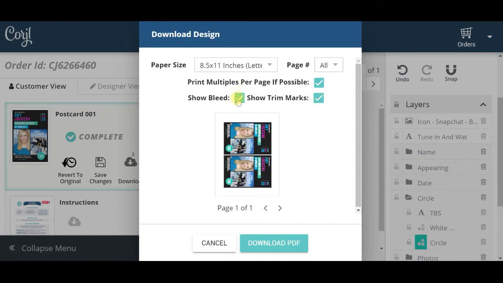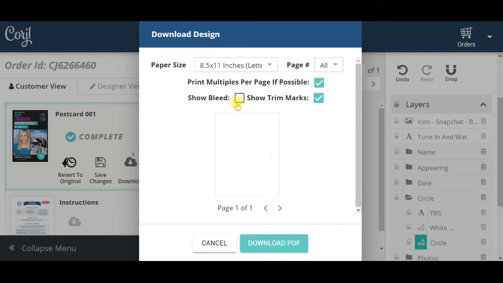This has a black background on this design. So I'm going to take away the bleed real quick just so you can see. These are the trim marks. So on a black design, you can see very easily that you would just cut along the edge there and it would end up being a 4x6. If you have a white color background, you definitely want to put these trim marks in so that you can measure and cut